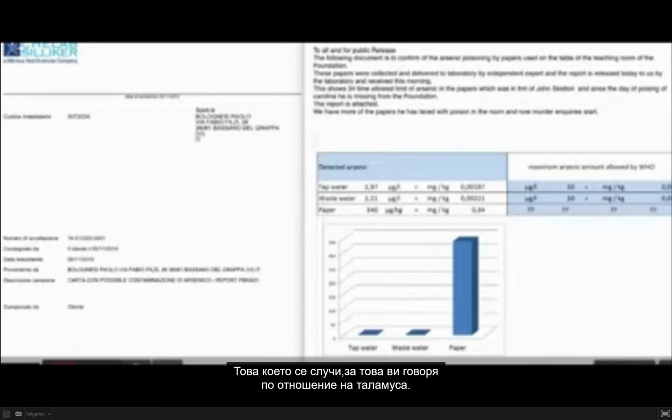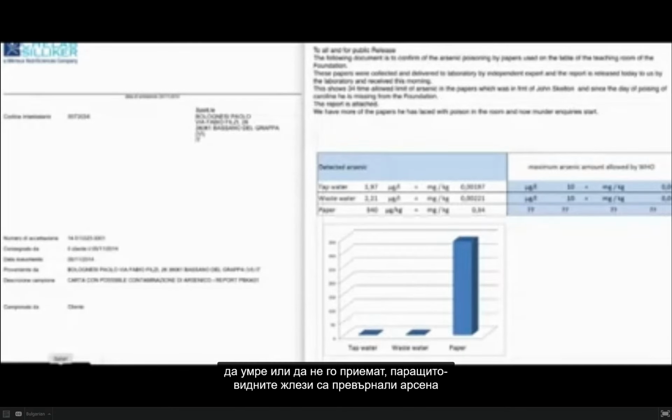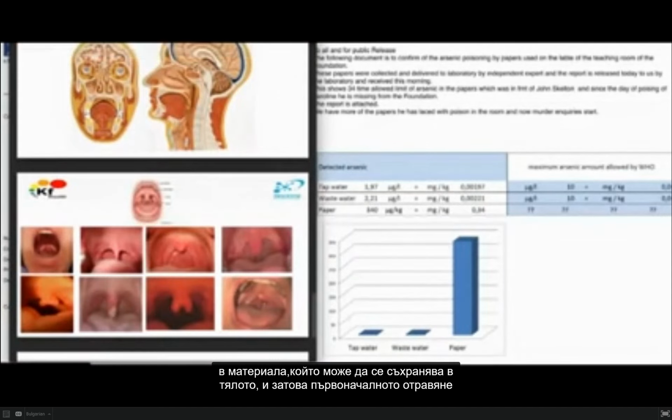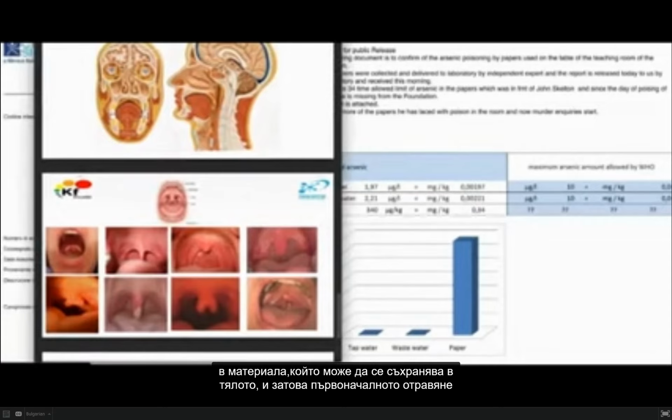What has happened, this is what I tell you regarding the thalamus. This is what I've been teaching you about the thyroid and parathyroid gland. What my body has done due to the process has converted one atom, one elementary element, to another. In your body, parathyroid glands transfer, for example, phosphor to calcium when it's needed. But in the condition of not wanting to die, the parathyroid glands have converted the arsenic to a material which can be stored in the body, and that's why